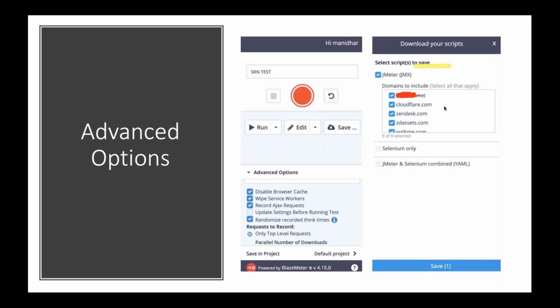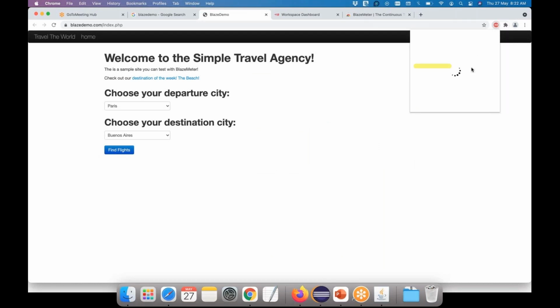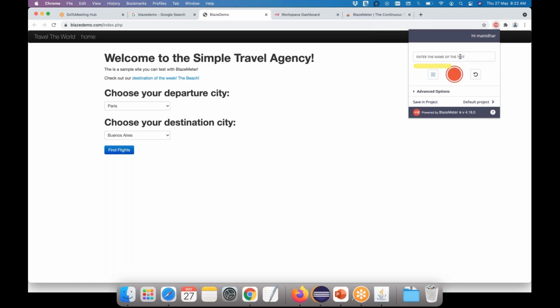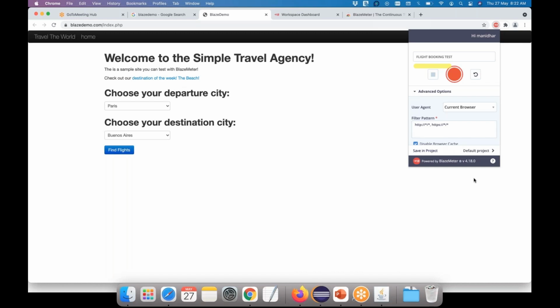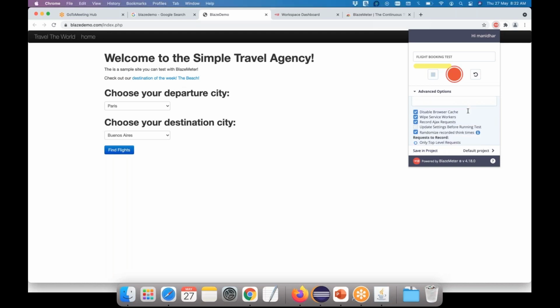Okay, let me try to replicate the same thing. Okay, all right. So now let me start recording and do some set of actions. Click on Blazemeter. Yes, let me give some name as flight booking test. I just gave some name. Okay, after giving some name, click on advanced. Okay, so here it is telling what type of options we have to filter. Yes, just take all HTTP, HTTPS, that's okay. And yeah, by default, all of these are selected by default. It's okay, no problem. Yes, from the GUI, what are the locators we may use? Yes, all are selected by default. It's okay, let it be.